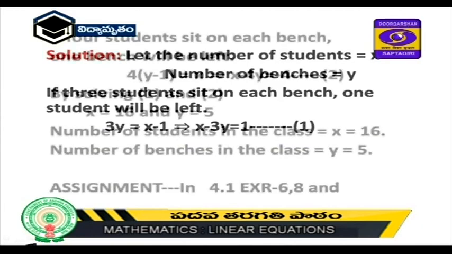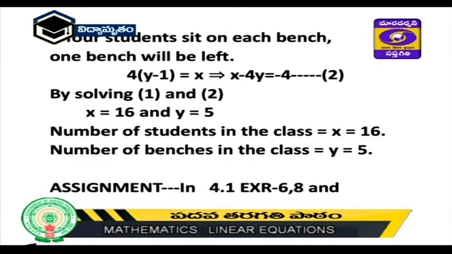Next, if 4 students sit on each bench, 1 bench will be left. This is the second condition. If 1 bench will be left, that means already y benches are there, so the number of benches used is y minus 1. If 4 students sit on y minus 1 benches, the total number of students is